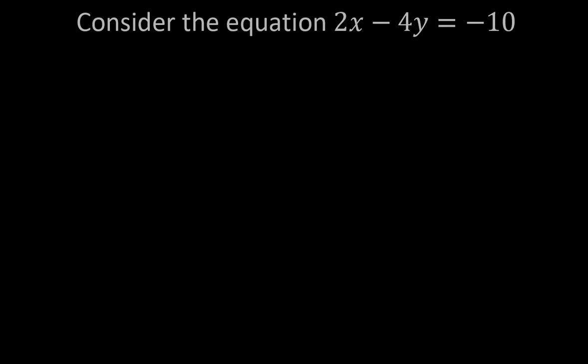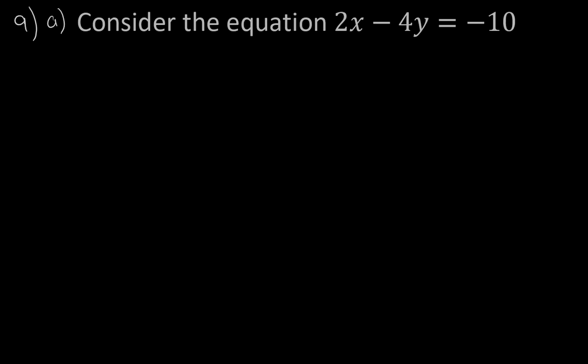This is, I believe, question number 9, and there was a part A and a part B. Part A says, consider the equation 2x minus 4y equals negative 10. And A says, what is the slope of this line? So, I don't see it necessarily, but I can quickly transform this, just solve to get y alone to see